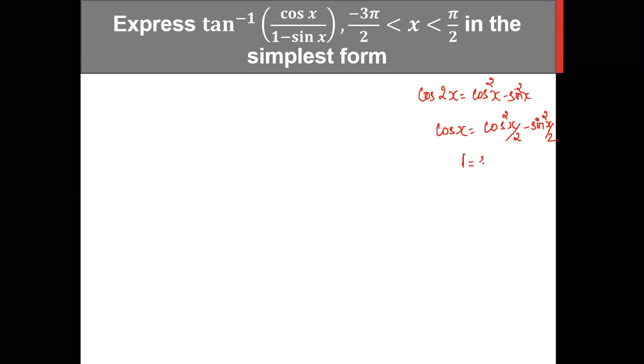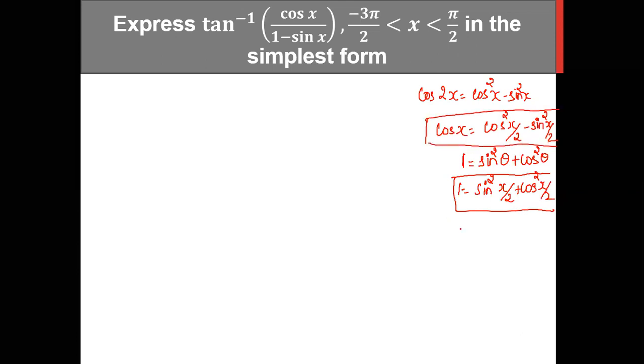So 1 can be replaced by, we know that 1 is equal to sine square theta plus cos square theta. Here in the numerator, our angle is changing to x by 2. So the only thing is your theta should be the same for sine square and cos square, whatever the value of theta. So instead of theta I'll write sine square x by 2 plus cos square x by 2. So this is the substitution for 1 in the denominator.